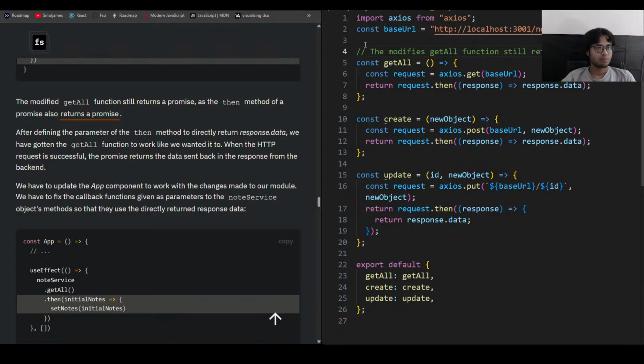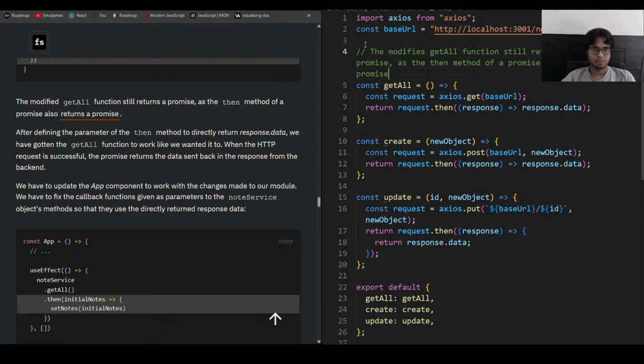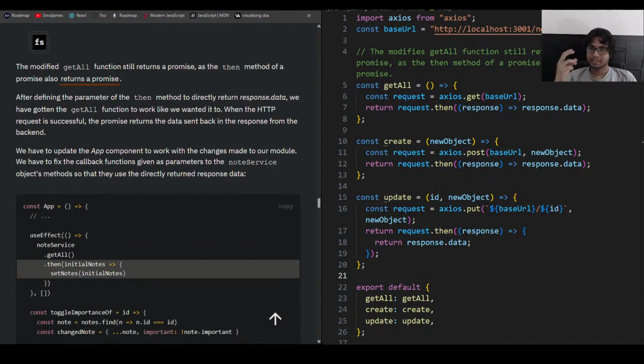The promise, as the then method of the promise also returns... After defining the parameter of the then method to directly return response.data. After defining the parameter of the then method,